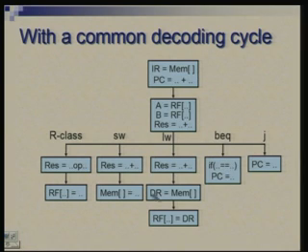So we do not really mind it, and now we have a very clean situation that there are 2 common cycles. By the end of the first cycle, we know what instruction it is, and we are ready for the next value of PC. After the end of the second cycle, our operands, if we need them, are ready in A and B, and a branch address is ready in RES if we need it later on, and then we can move on to one of these separate branches. So 2 further cycles are required for R class, 2 for store word, 3 for load word, 1 for BEQ and 1 for jump, and with that all the instructions will be over.